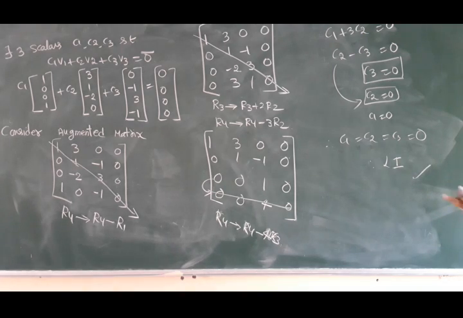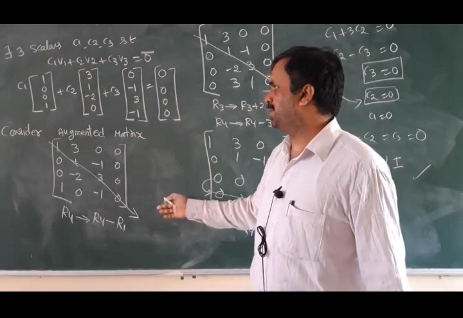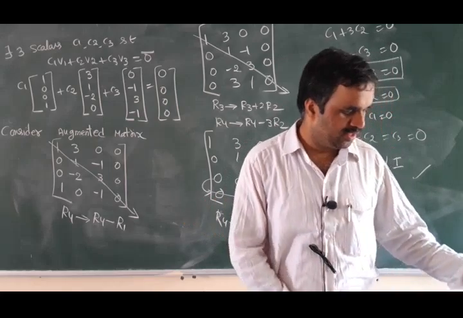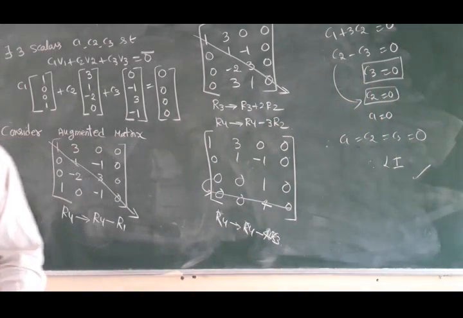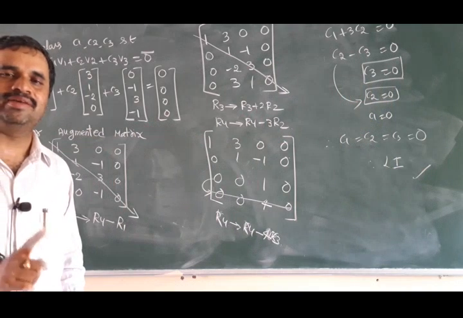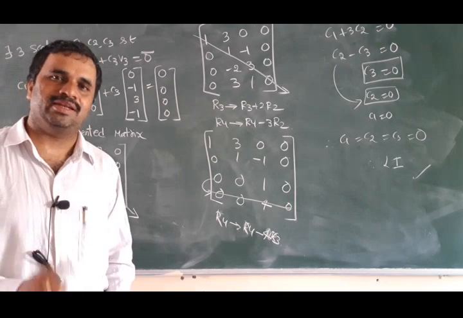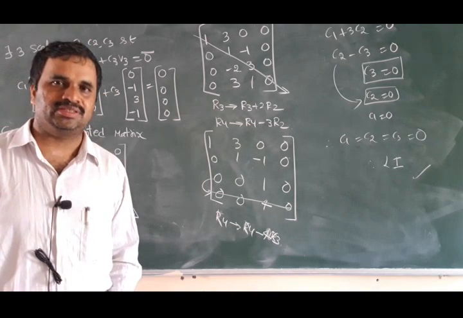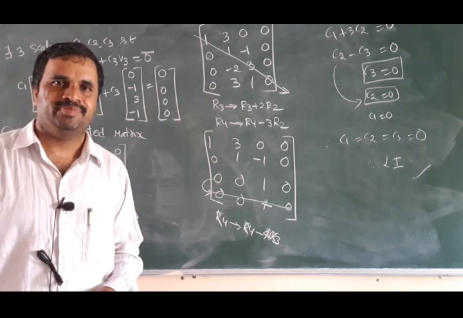So it's very simple. I change the given polynomials into vector form, then solve by echelon form. I got the values of C1, C2, C3 all equal to 0, so I can say linearly independent. If at least one value is not equal to 0, I would say linearly dependent. So we did two problems. The first problem is linearly dependent, and in the second problem we got linearly independent. Not only these two problems, there are some remaining problems, so do them. That's all.